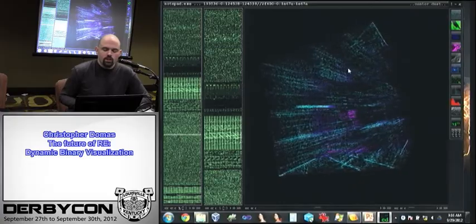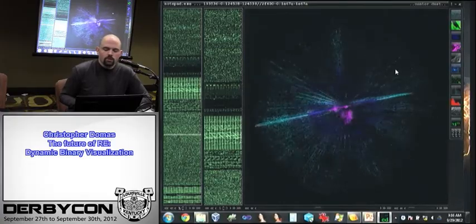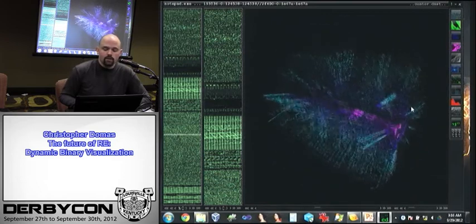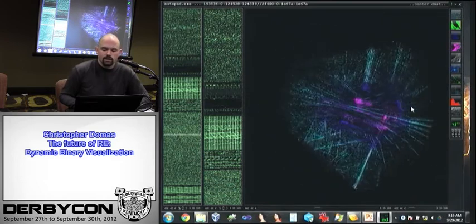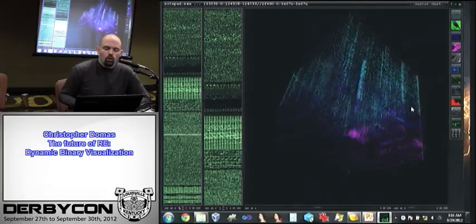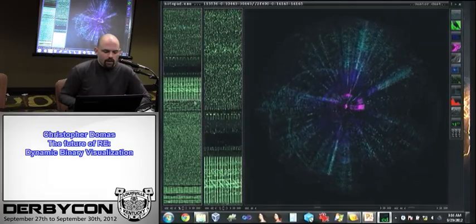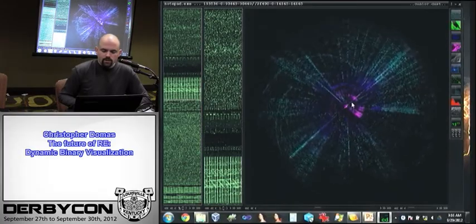We can also change the coordinate system. What you'll find is some types of information are more easily analyzed in a spherical coordinate system. Some types are more easily analyzed in a cylindrical coordinate system. And you learn to just get a feel for what the right approach is for the type of information you're trying to find. And I don't want to get too sidetracked because I don't have a ton of time here,